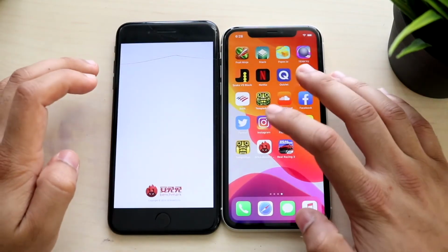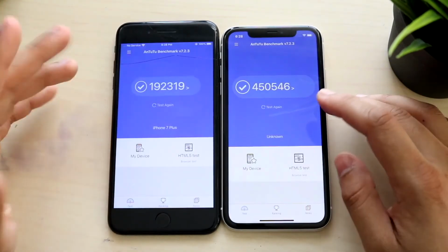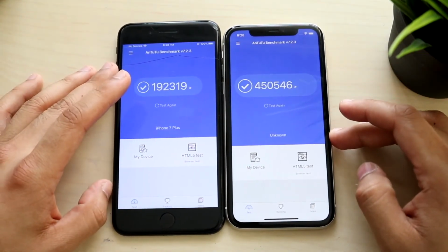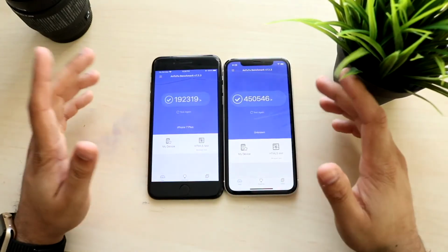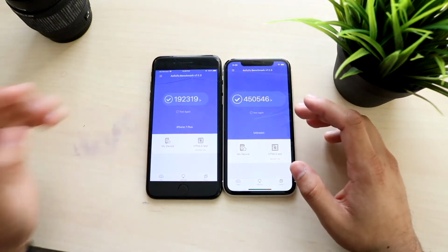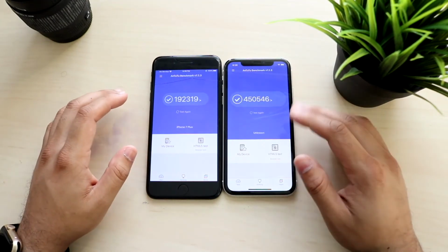In terms of the Antutu benchmark score, which I'll show you right now, 192,000 on the iPhone 7 Plus, pretty good score. But you can see the iPhone 11 has 450,000, which is a pretty big upgrade from this. So what I'll tell you is this, the iPhone 11 without a doubt is the faster phone. There were cases in the beginning where the iPhone 7 Plus was kind of winning, but it kind of simmered down toward the end. And I can definitely tell you the iPhone 11 is the faster device between these. So that kind of covers that. Let's go and talk about